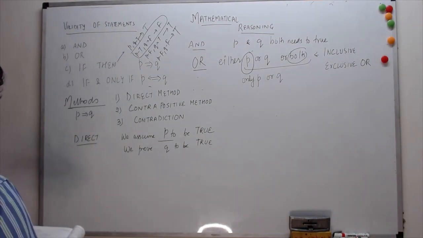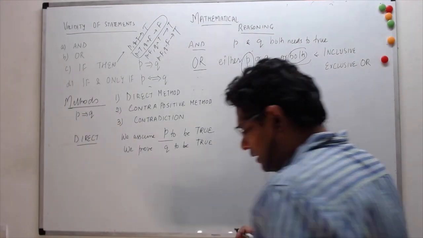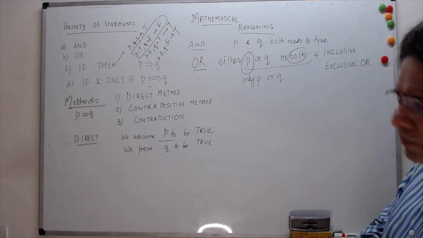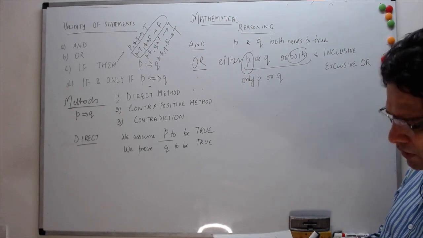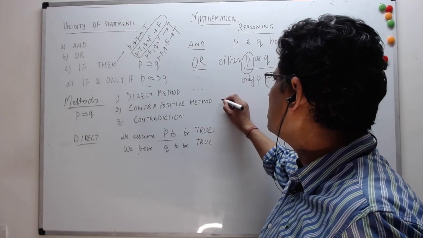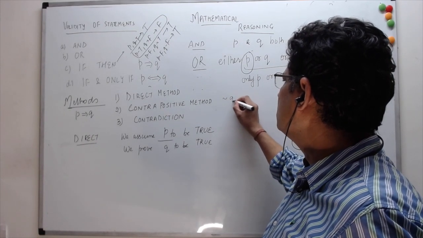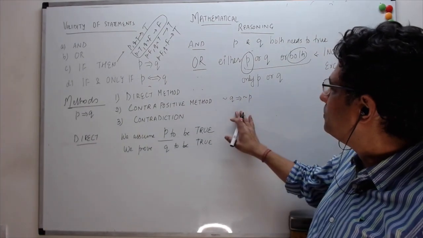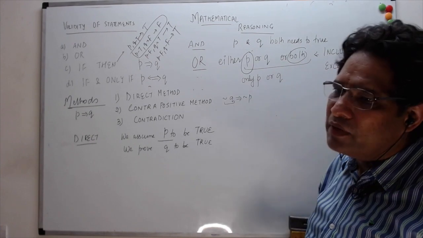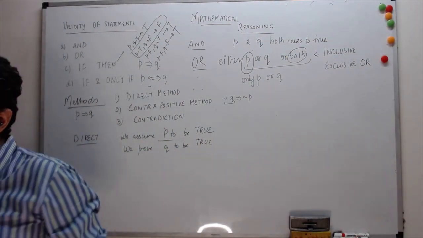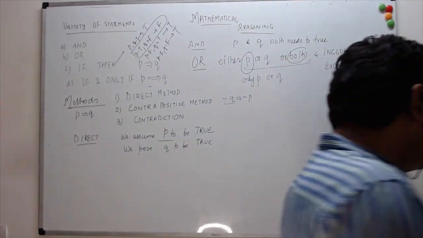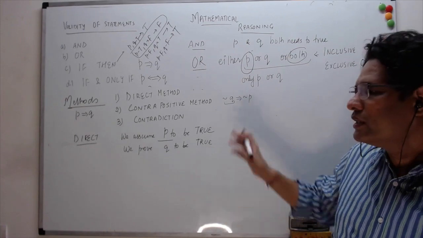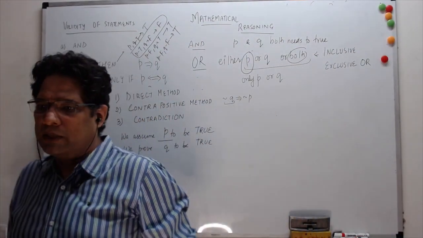So we have a question over here. But before that, what does contrapositive say? If you remember, contrapositive was not Q implies not P, right? So what we are saying is that we assume that Q is false, and we prove that P is also false. And when we are able to do that, we say that it is a proof by the contrapositive method.